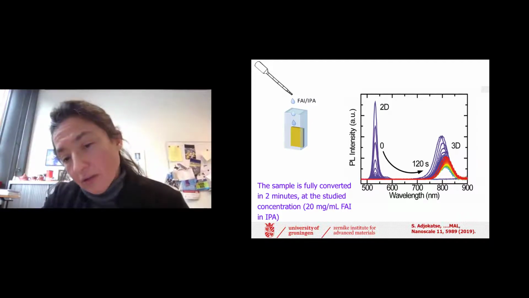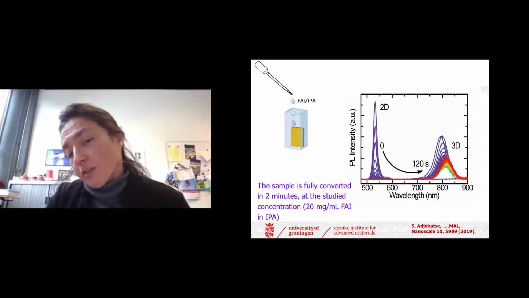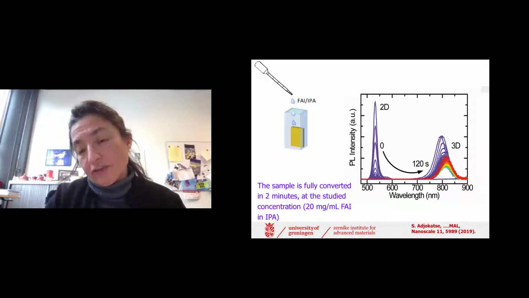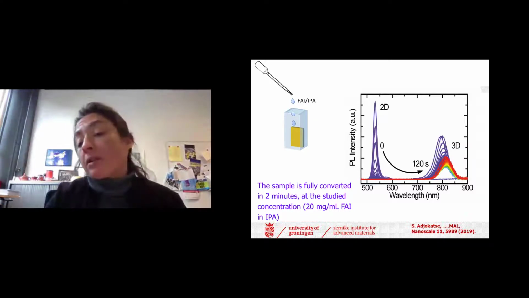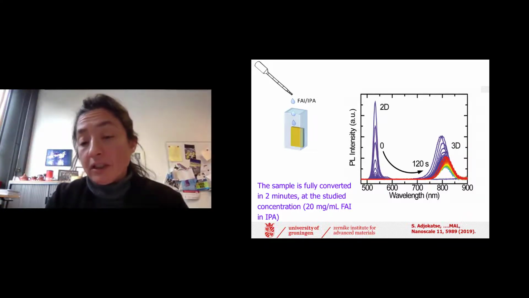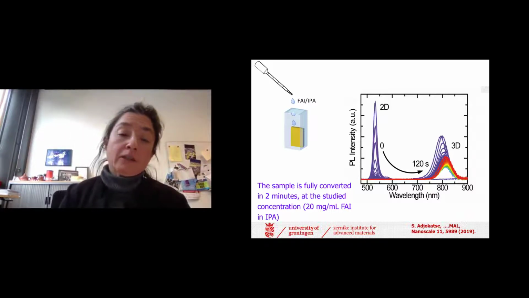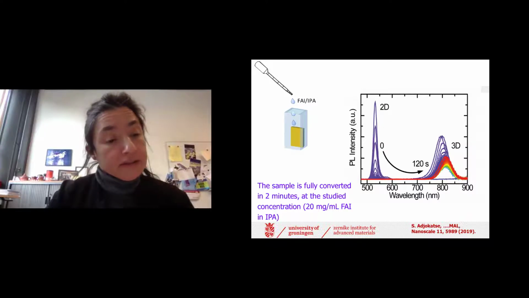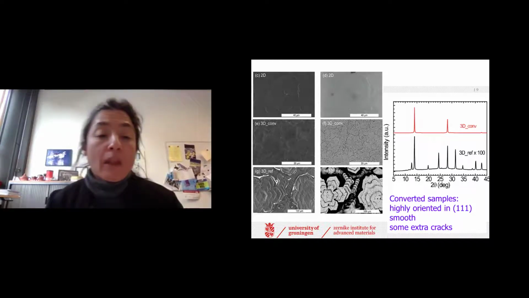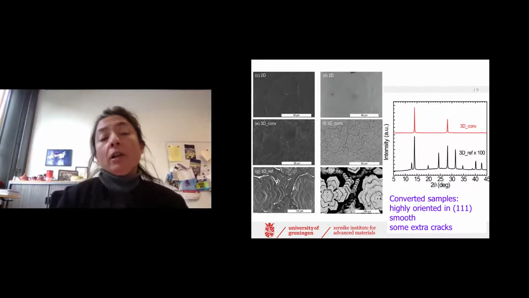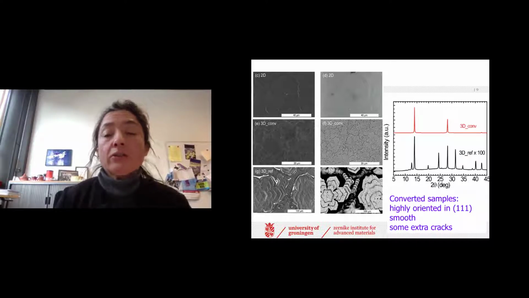As you can see, in a few seconds the photoluminescence of the two-dimensional system disappears, and a new photoluminescence peak starts growing. And this is the peak that is the photoluminescence signature of our formamidinium lead triiodide. So this is very fascinating and very interesting, in particular because the converted film keeps the same crystallographic orientation